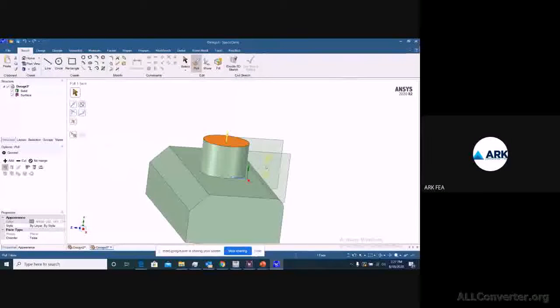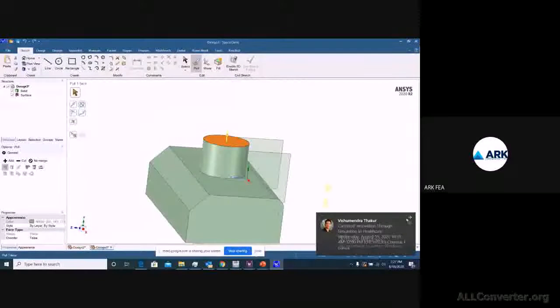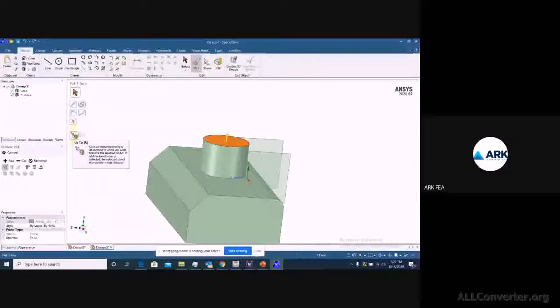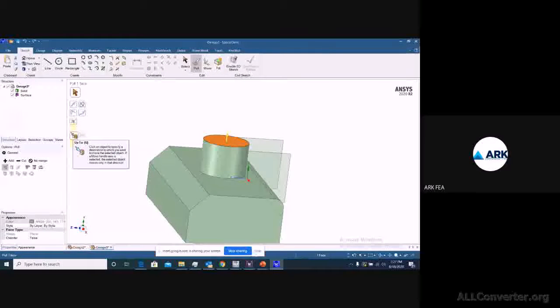So this is one way, and the other way is you can select the surface which you want to remove or add, then you can get back to up to tool. So you are specifying a reference till where it needs to add a material or remove the material.